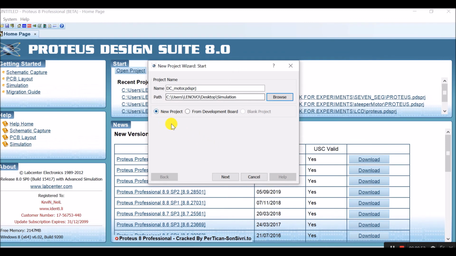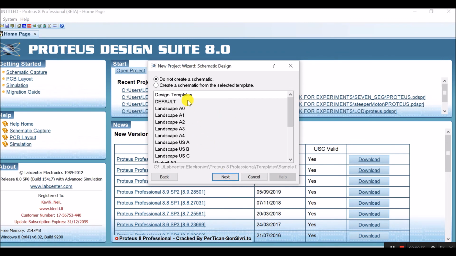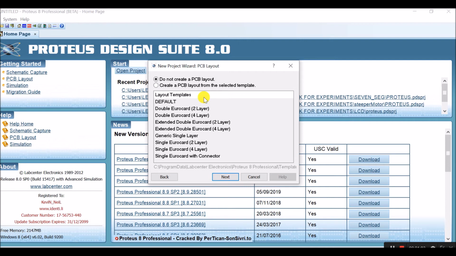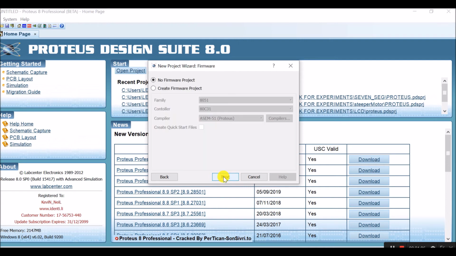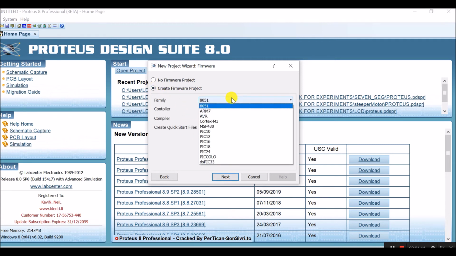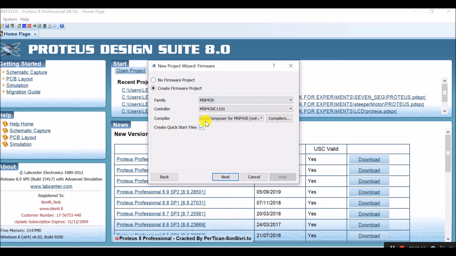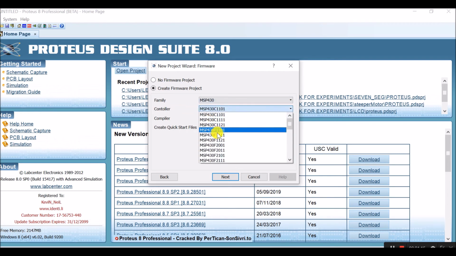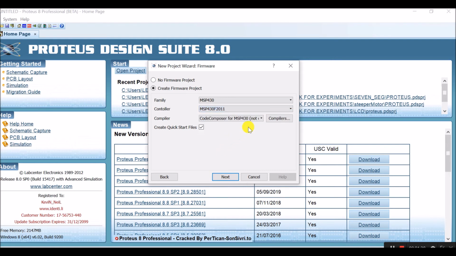Now click on next, then click on create a schematic from selected templates, then click on next, then click on do not create a PCB layout, click on next, then create firmware project and choose family MSP430, controller MSP430F2011, and select the compiler as GCC for MSP430.